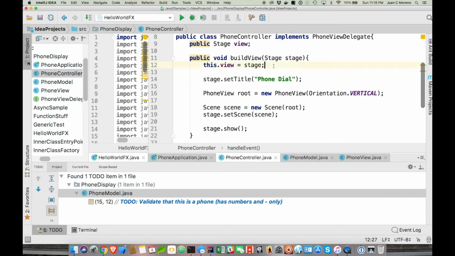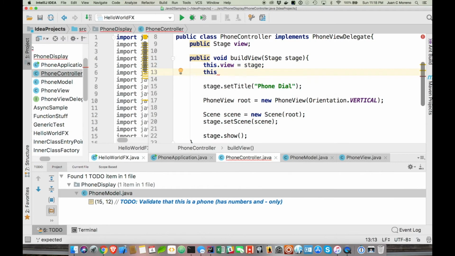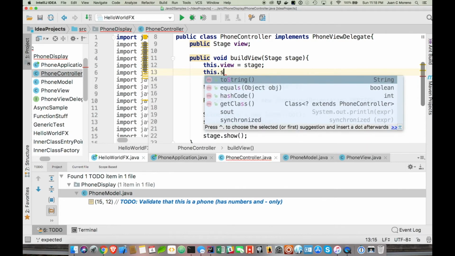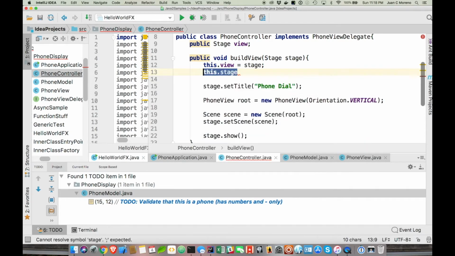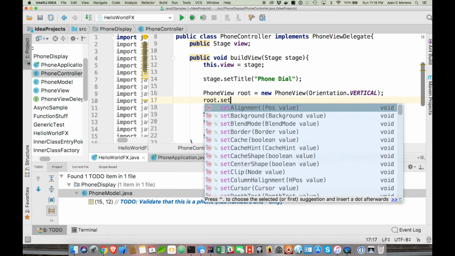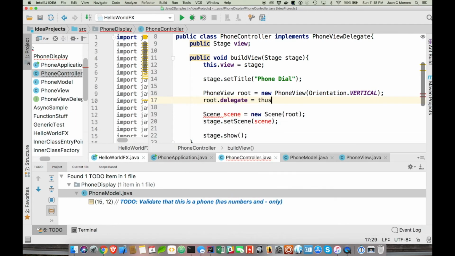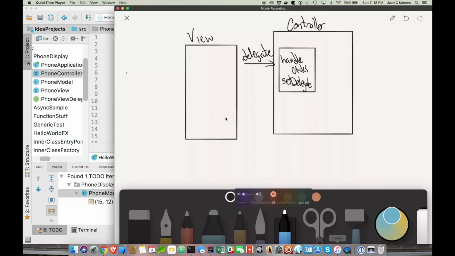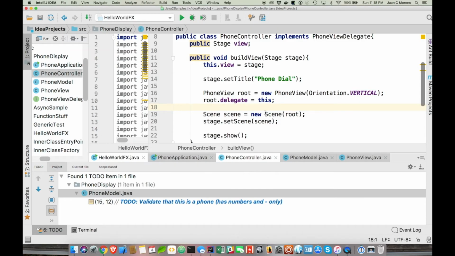And when we build the view, we can do this dot stage dot where we build root dot set delegate equals this. So we are building a pointer in the phone root. We're essentially building this link so that the view has a way to interact with the controller, and